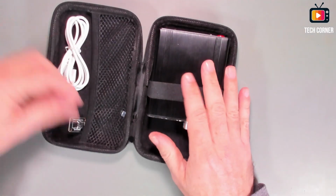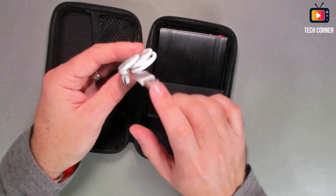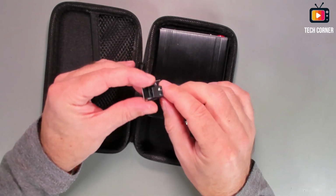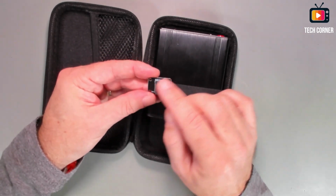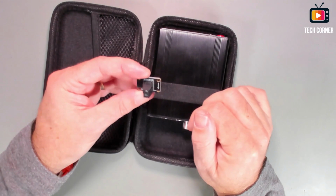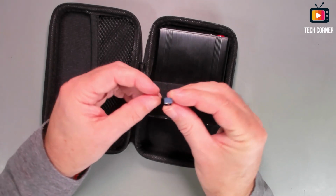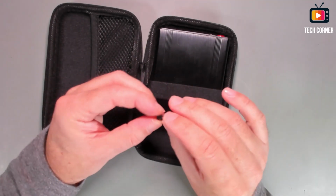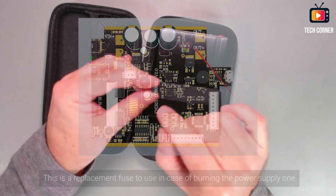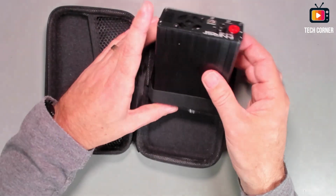Delivered with this is a micro USB cable, micro USB to Type A cable. We have also a charging connector. This will allow you to charge batteries without the voltage going back to the power supply. And also in here, let me show you, we have a small component. I think this is empty, to be honest. I don't see anything in here, but it should be a fuse